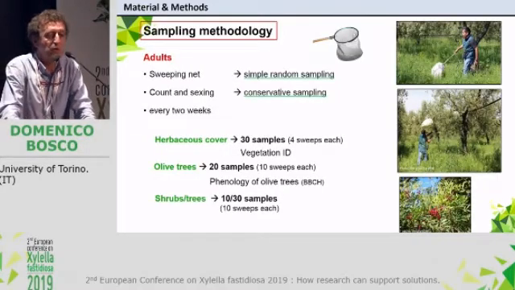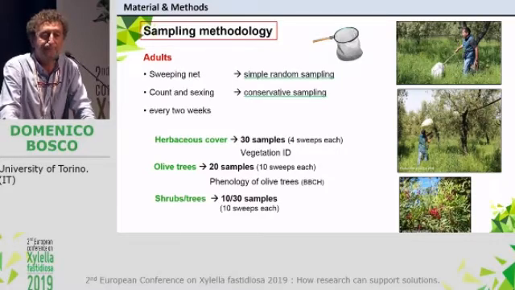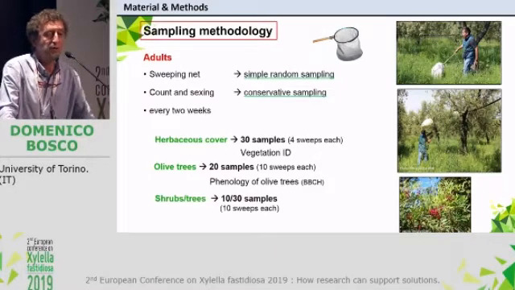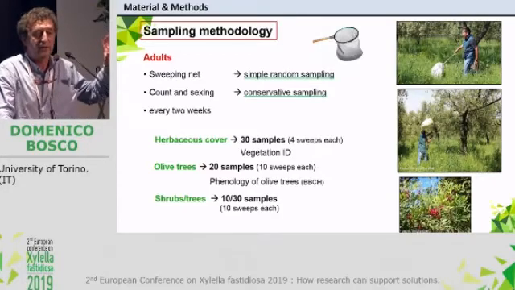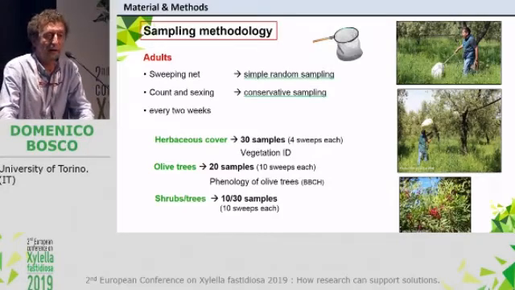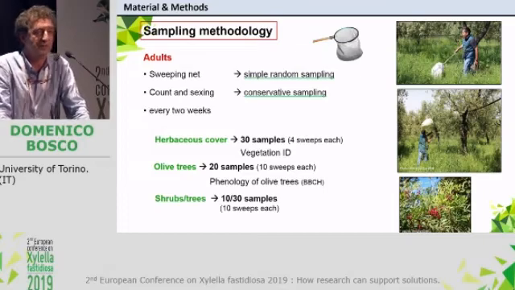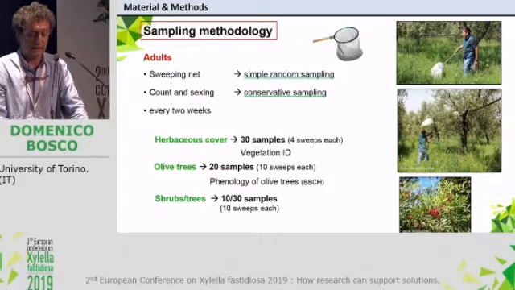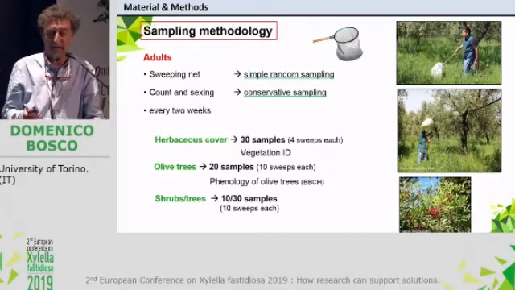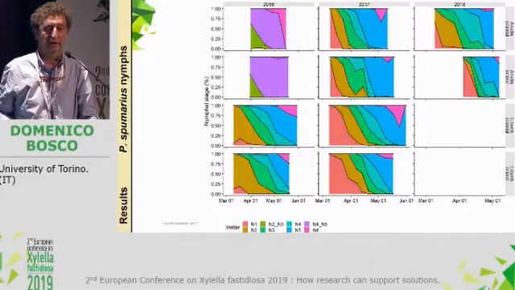As for the adults, we used a sweeping net, and this sampling was also conservative. For the adults, we investigated 3 different vegetation compartments within the olive agroecosystem: the herbaceous cover, the olive canopies,